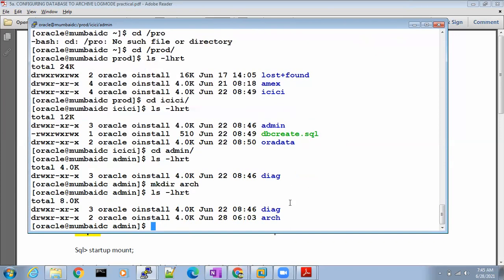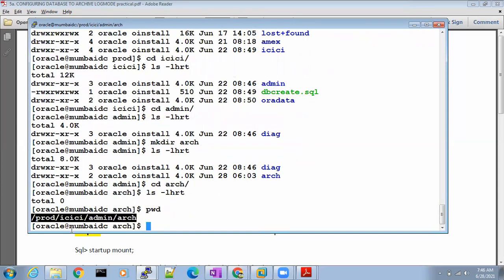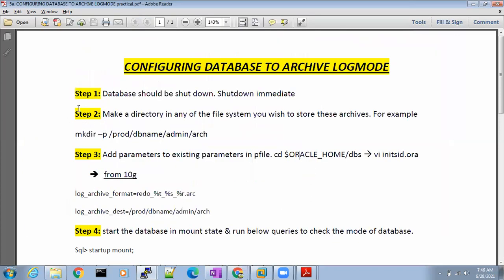You can check, now arc is created. Inside arc, nothing is there because we just created the directory. Still the database is in no archive log mode. We have to configure the database to archive log mode, then we will be able to see archives in this location: prod ICICI admin arc. Directory creation is completed.